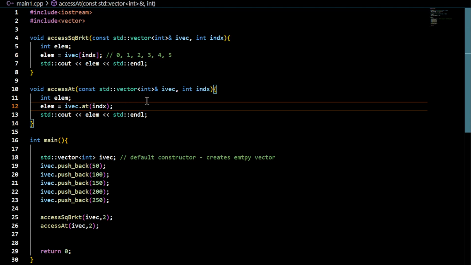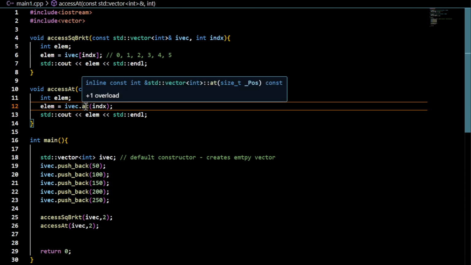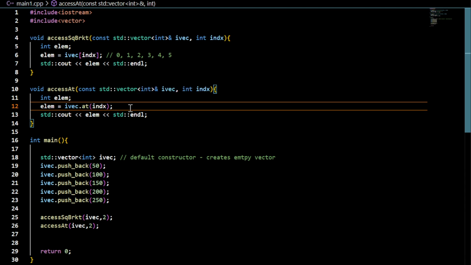Okay, so therefore at will provide more safety, but this direct access without validation will allow you faster performance, better performance or faster execution of the code, right? I will show you this. So to see this, I need to check the amount of time that will be required to